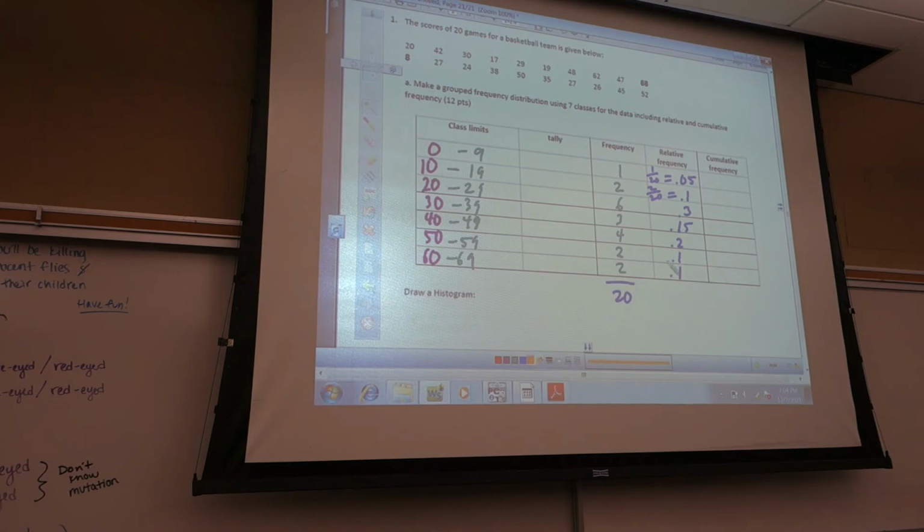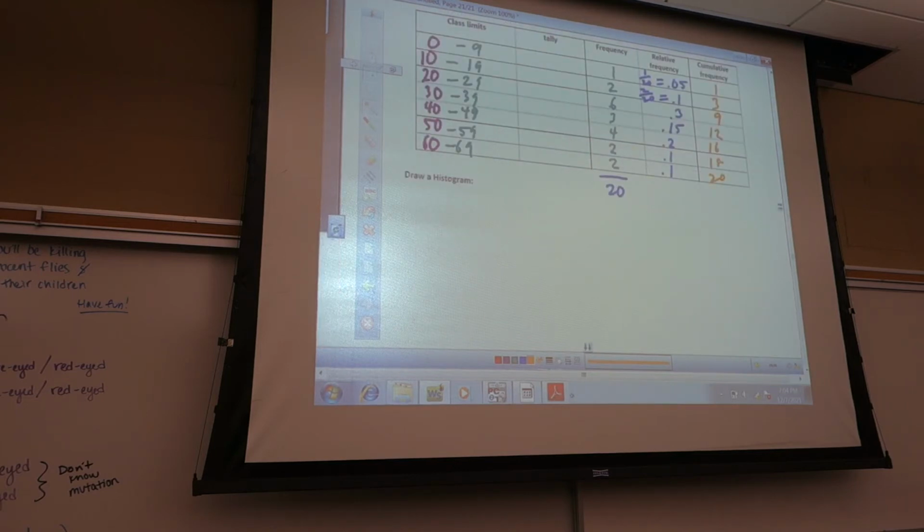Cumulative is how many are in that class or previous class. So that's 1 here. Class or previous class, it's 3 there. 9, 12, 16, 18, 20. All right, then we got our histogram. All right, so the histogram